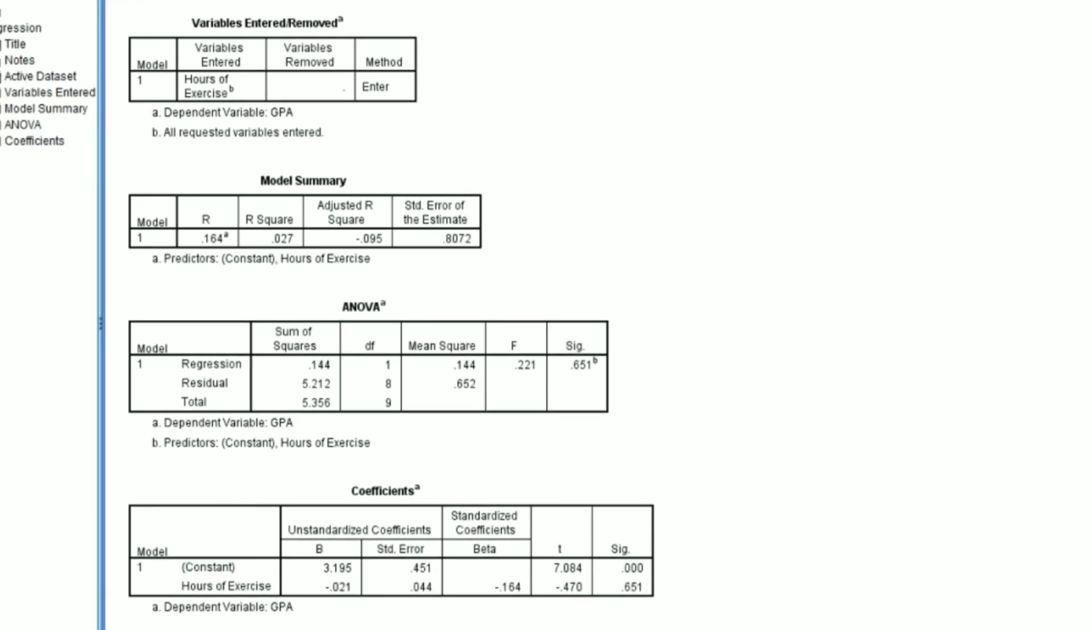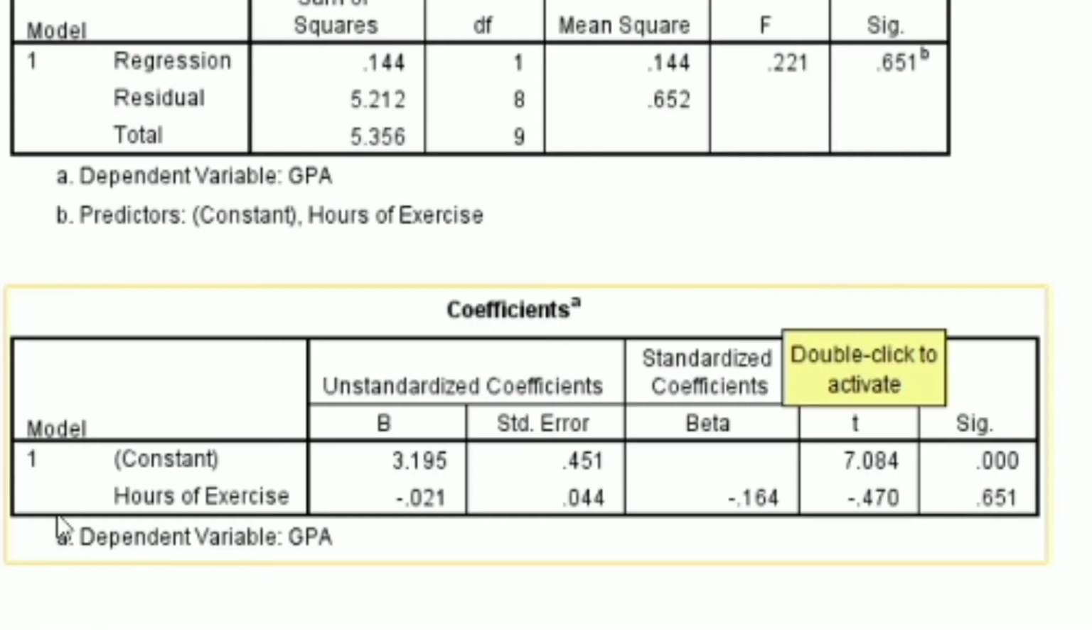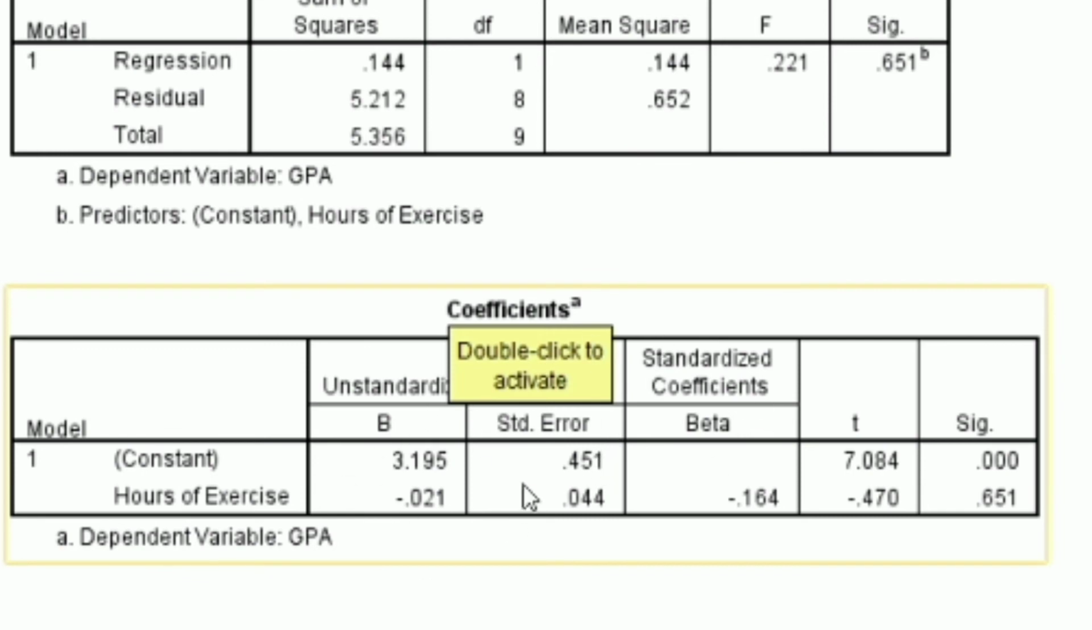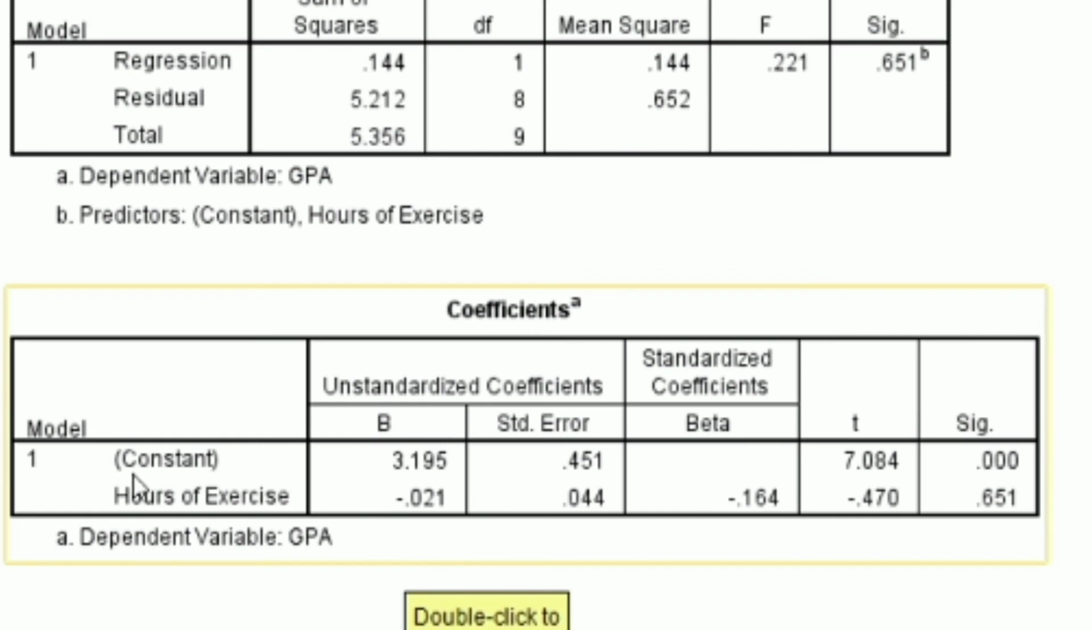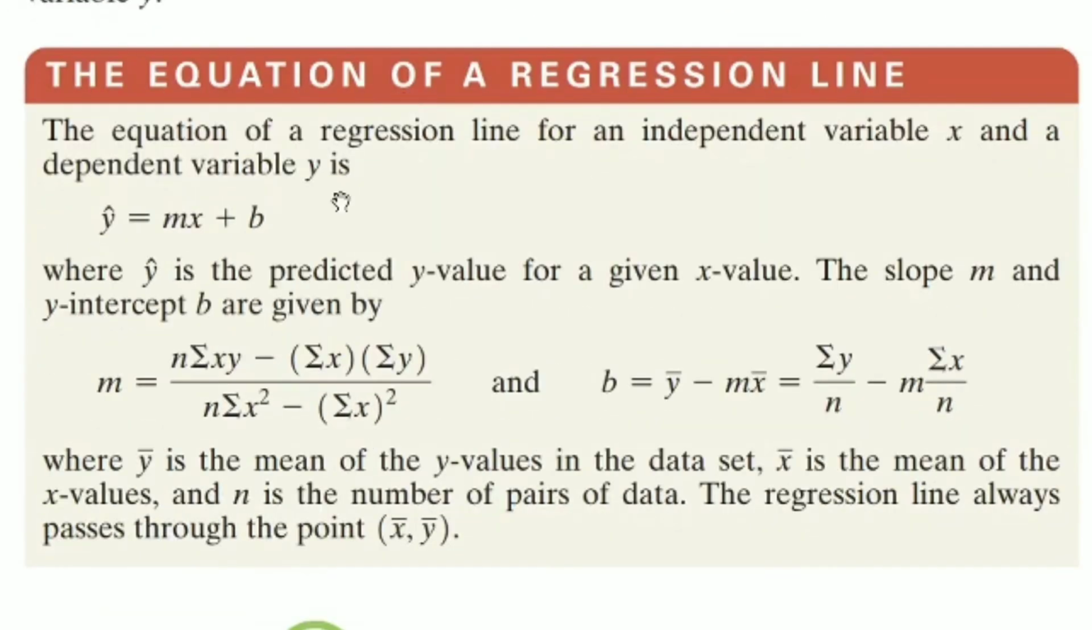So here's the result for the regression analysis in SPSS. We will focus on this box. As we can see, we have a constant here. There's a value 3.195, and for the hours of exercise, we have a value of negative 0.021. This B here corresponds to the beta coefficient in the regression model. Take note that a linear regression model has an equation y hat equal to mx plus b. So this b here corresponds to the constant in the result,